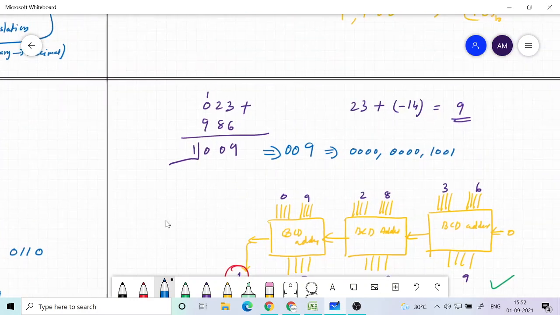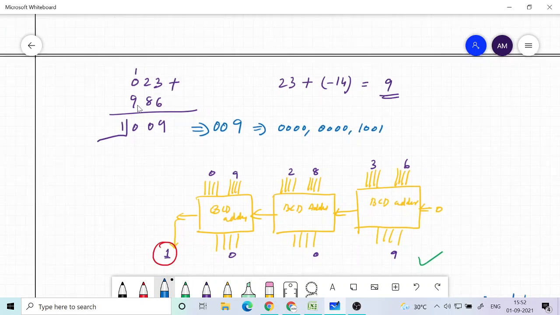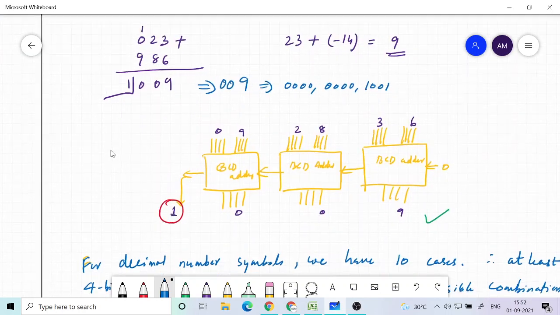I have not discussed it, but this one. If you look at 0, 2, 3 and 986, 986 is a negative number, 0, 2, 3 is a positive number, so there is no issue. One number positive, another negative, no issue. Overflow happens when both numbers are positive or both are negative.